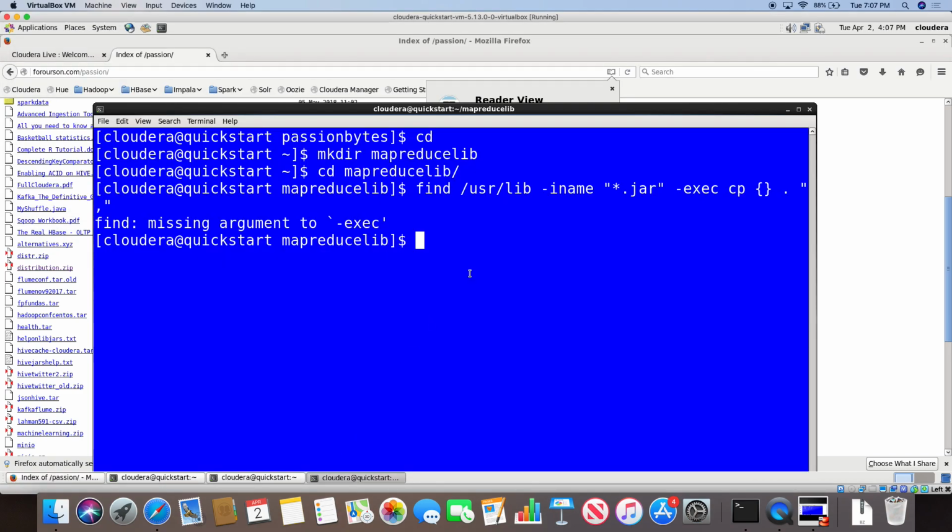Use find -iname "*.jar" -exec cp. Is it because of the semicolon? That is just a semicolon. Oh, it should not be separated by comma. You know what is going on now? It is now searching the